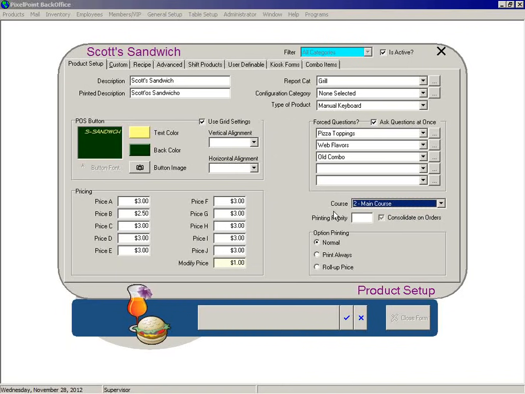Also, if you're using the delay function I showed you briefly up here, the delay print command, one of the things PixelPoint can do is hold and fire. Hold and fire is where the server is an experienced server, and they decide when things are going to fire off to the kitchen. And we've set it up so that you can do it by course. So this way, if you're ordering by appetizer, main course, dessert,